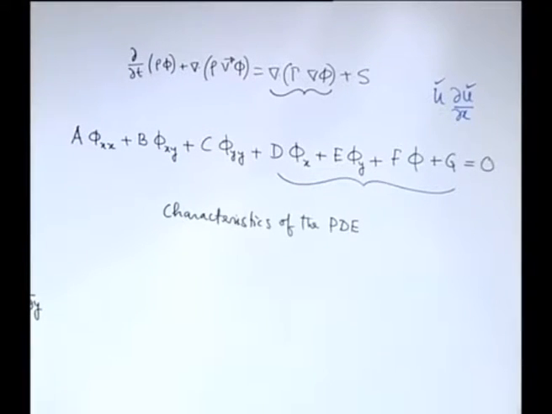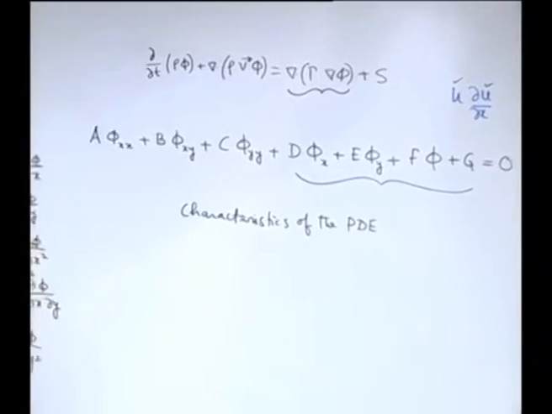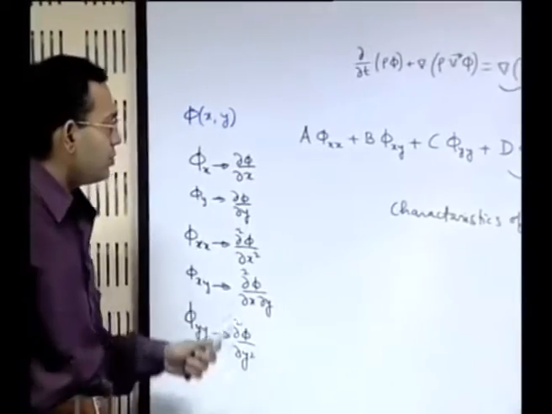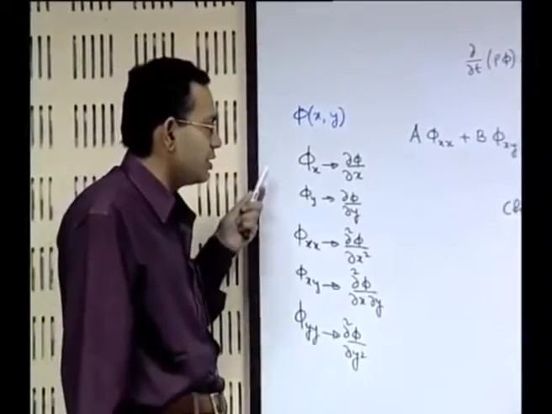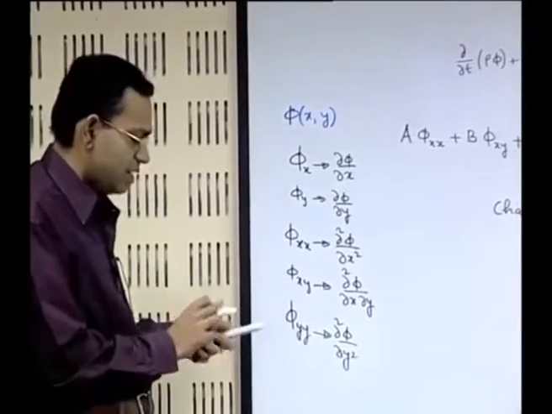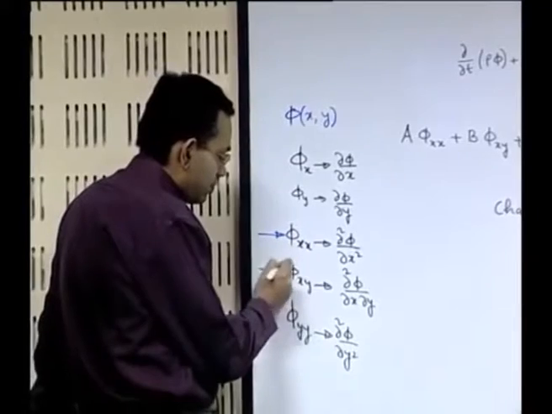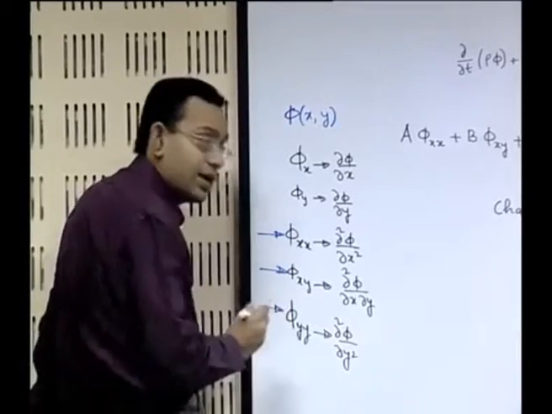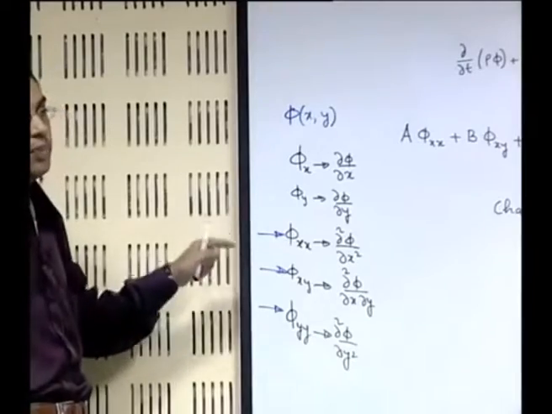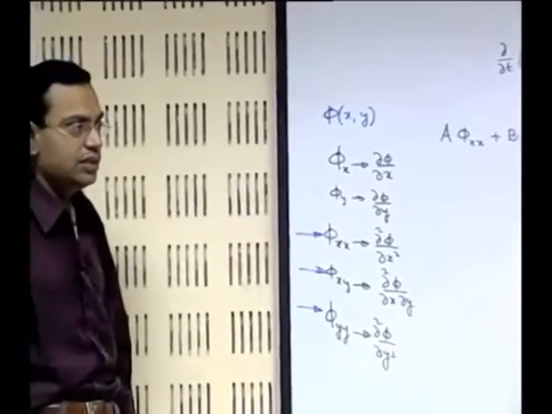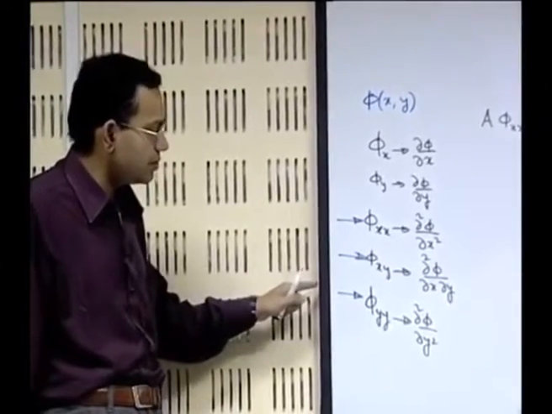The first question that we would like to answer is, what is a characteristic? Now when you say this partial differential equation, it involves with it the partial derivatives, and there are highest order partial derivatives like phi xx, phi xy, phi yy. These are the highest order partial derivatives appearing in a second order partial differential equation. So when you have these partial derivatives